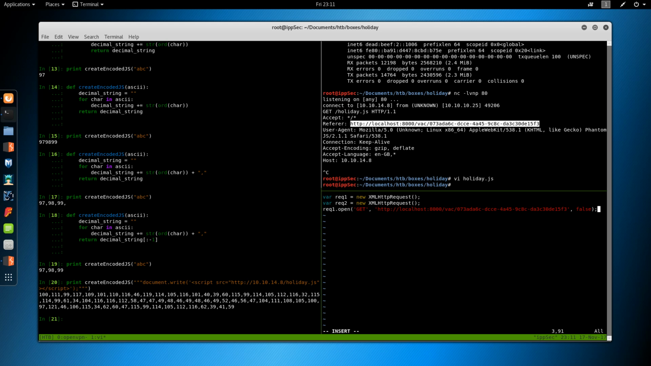Okay. The main thing to do is make sure every line ends in that semicolon. Request1.send. Okay. For response is equal to request1 response text. So what we're doing here is having their web browser send a request to the page and then save the